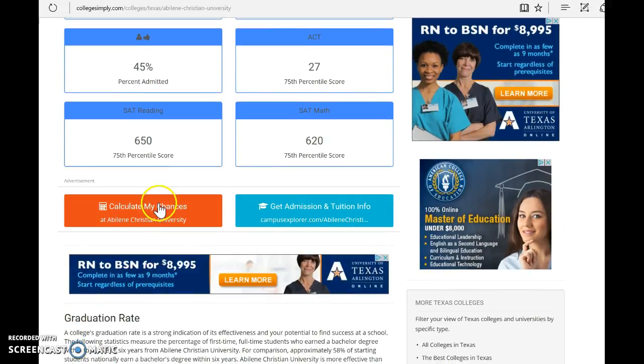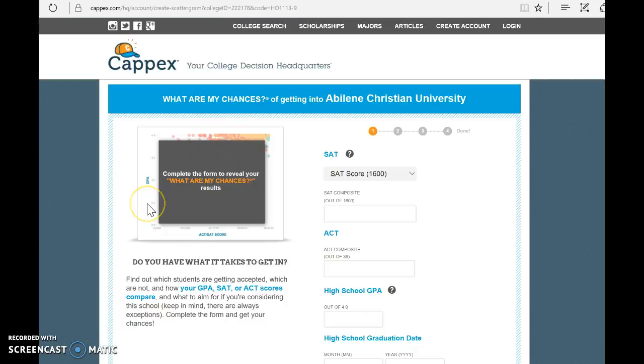It also has a calculate my chances, and when you click on that, it won't let me do this because I'm not a student, y'all. But there we go. It's what are my chances? And so what